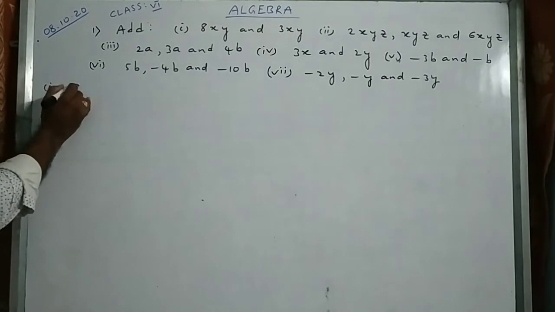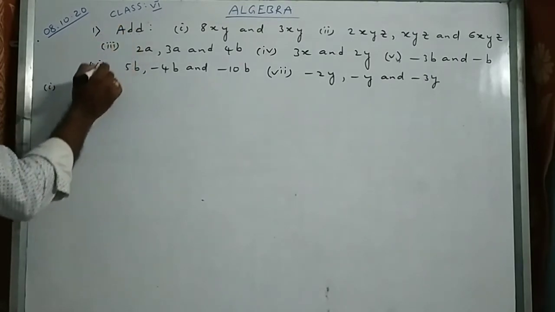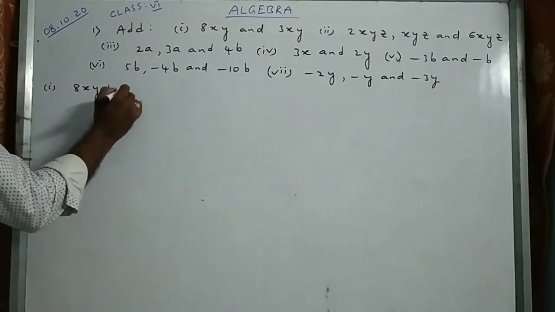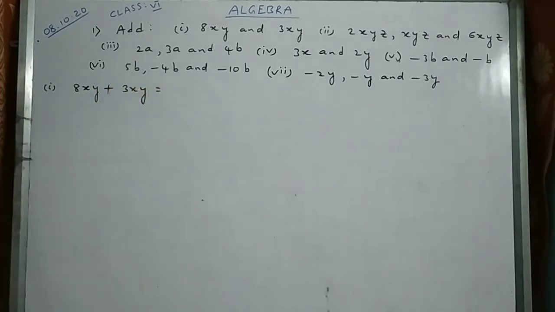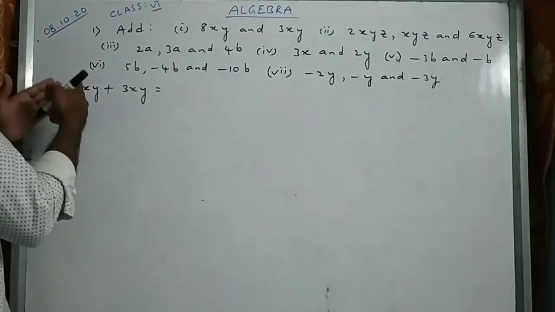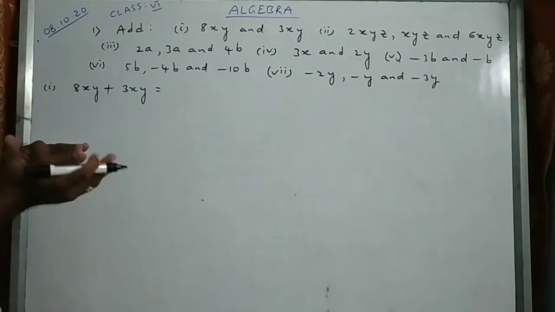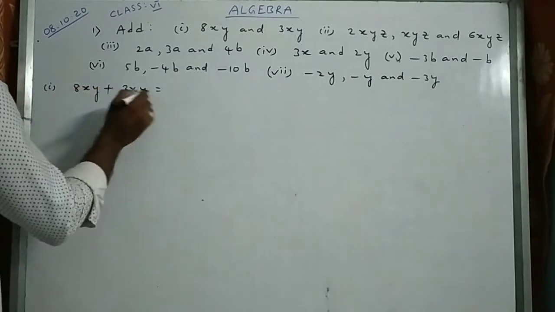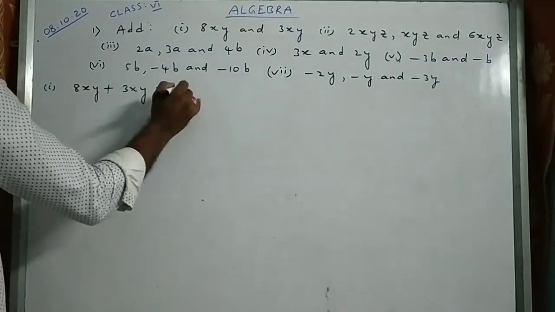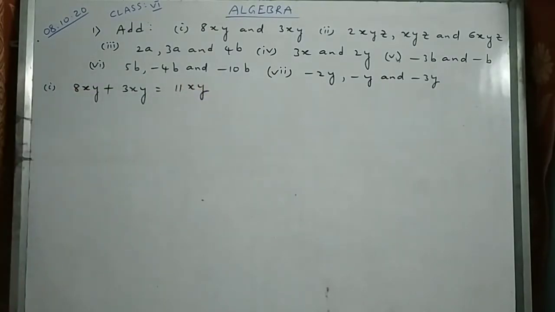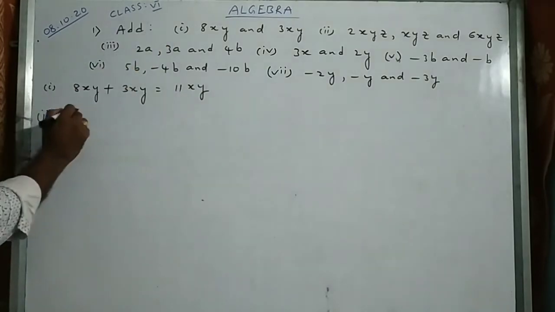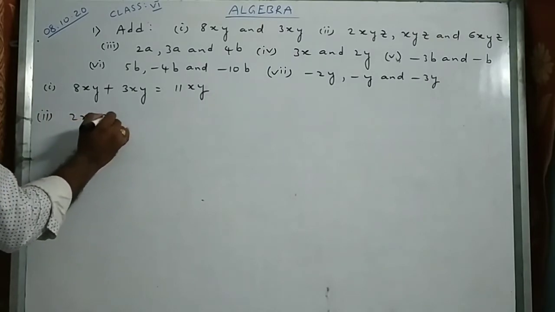Let us see this. Now addition and subtraction of like terms we will see. First one, 8xy. Since they are asking add here, we must write plus 3xy. Like terms or unlike terms? 8xy plus 3xy. When we read only, you can understand xy, xy or yx. xy or yx both are the same. So since these are like terms, we can add them. 8 plus 3, 11, and write xy. Simple.